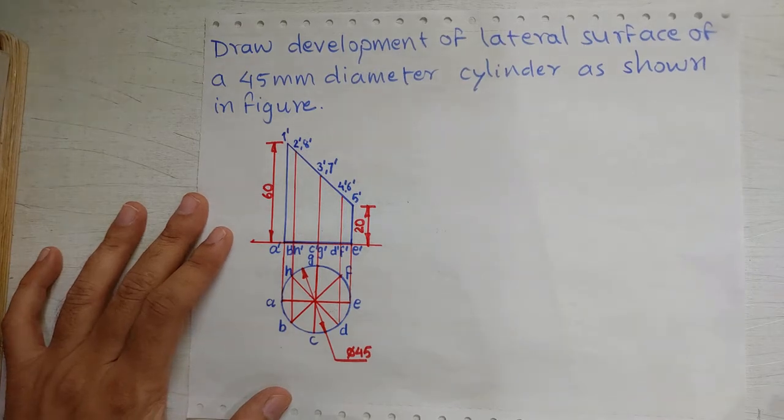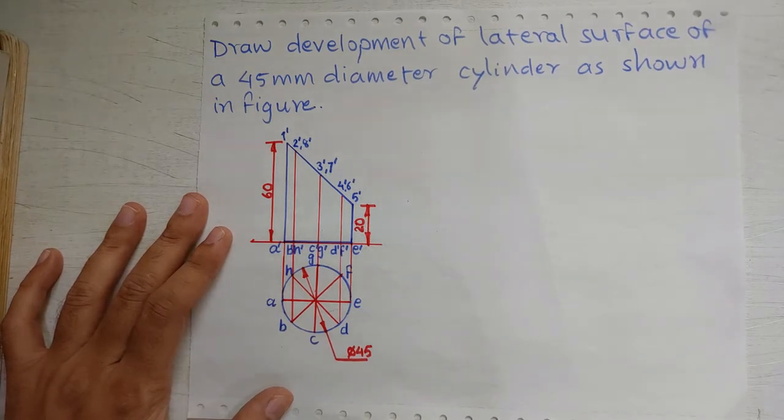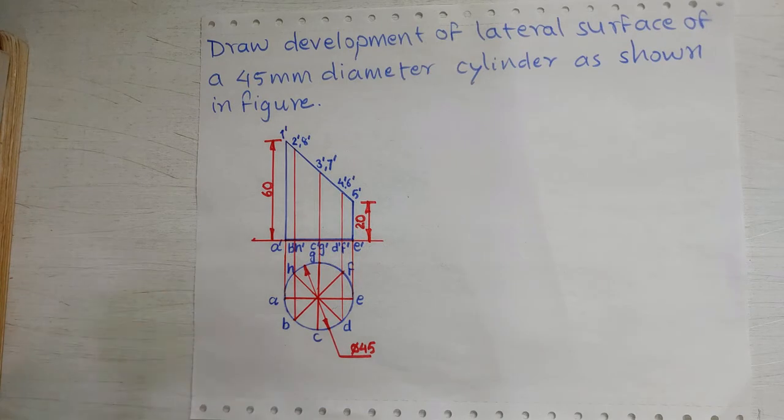Alright, so now let's see what type of problems we are going to solve under this topic. As I told you, the application is mostly in sheet metal industries, or if you want to make something out of sheet metal. So you can understand that every time it may not be a simple shape. The shape may vary, so that type of problems we are now going to see.